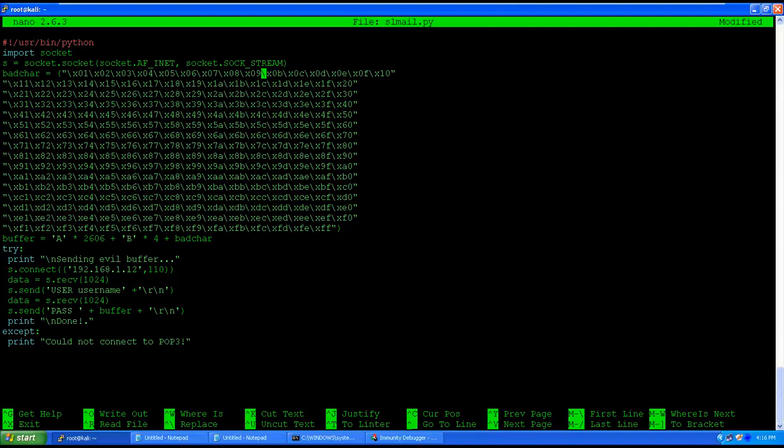So I'll not repeat this step again and again. I know which characters are not accepted here. So 00, 0A and 0D is another one which this application does not accept. You guys need to try on your own when you will be doing this fuzzing. So I have removed 0D as well from the script, and then I don't need bad characters anymore. Remove this,